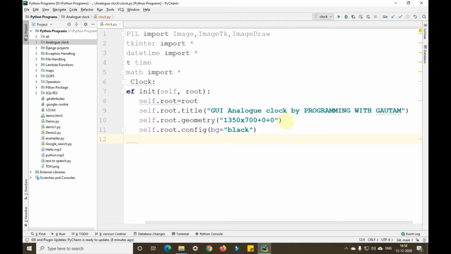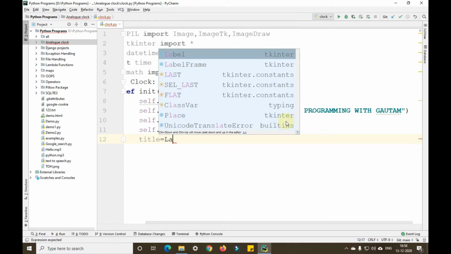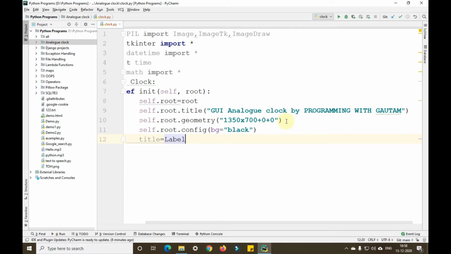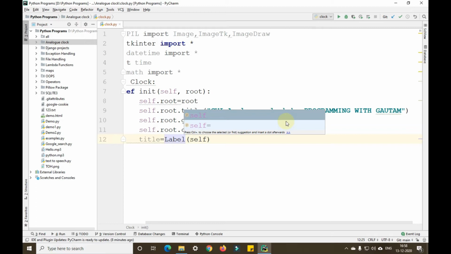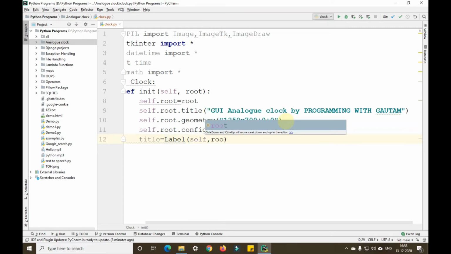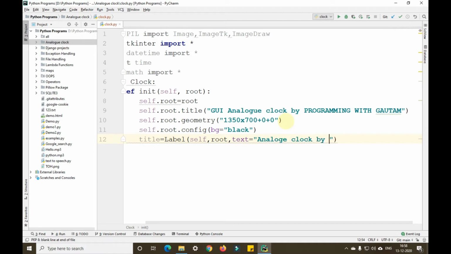Now we'll give the title as title equals Label of self, comma root, comma text equals, this text should be in double quotes, guys. So "Analog clock by Programming with Gautam".